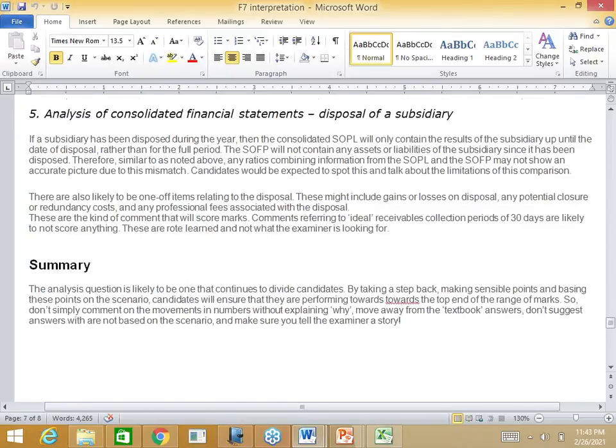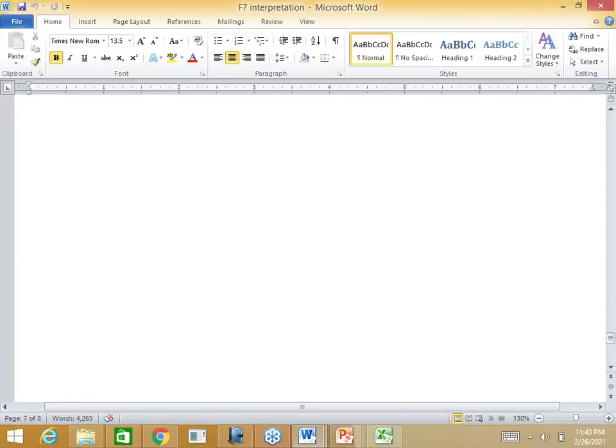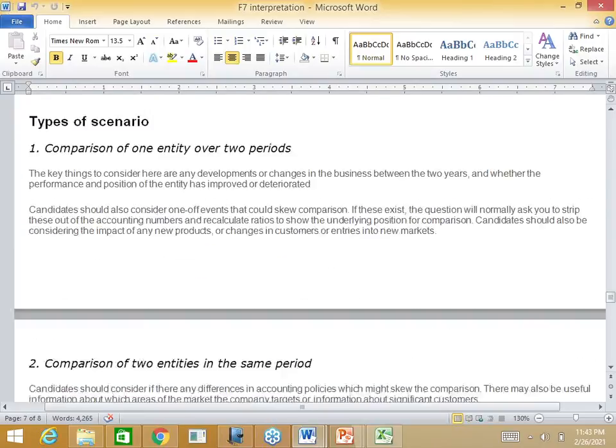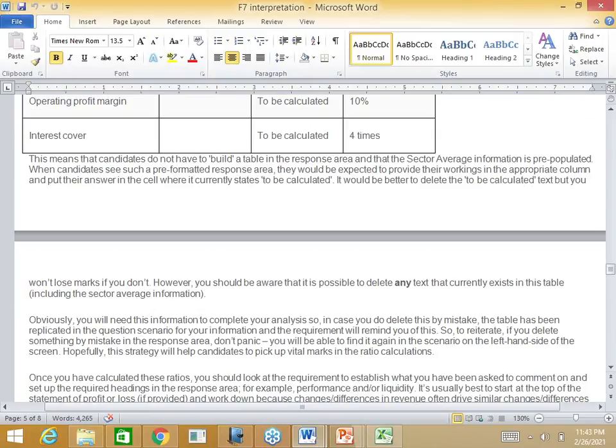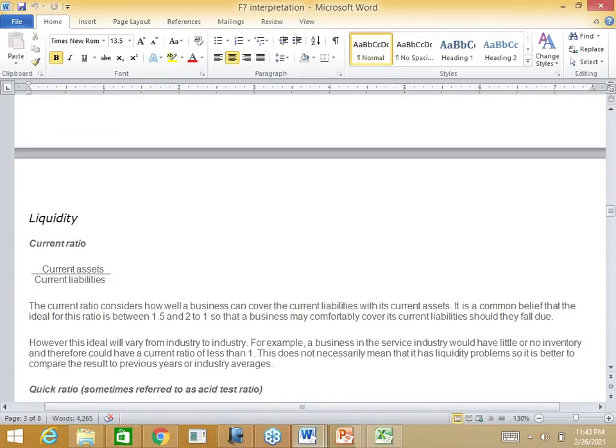So this handout has 3 areas. The first one is related to the consolidation. It will tell you how to interpret the consolidated financial statements, single company, and the cash flow statement. So this is my analysis-based handout. You just read this article and my handout 3 to 4 times, and then you can go and attempt any question.